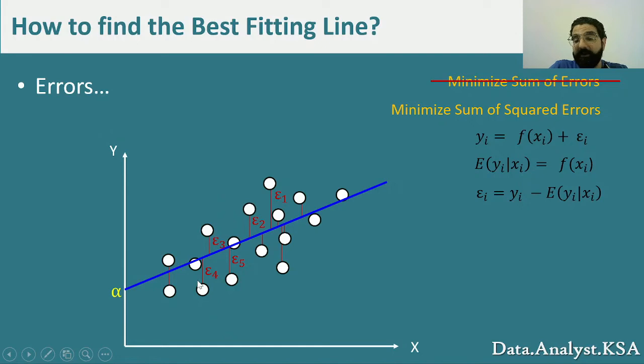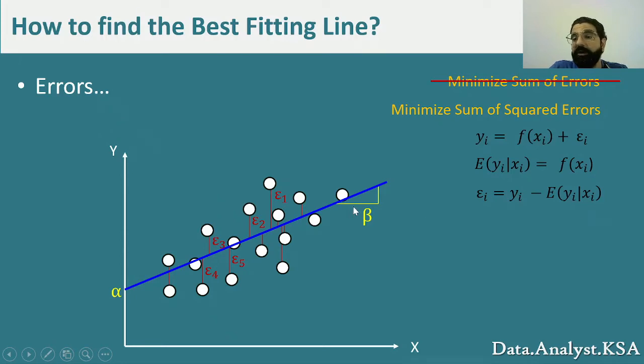And now if I want to talk about the equation of a line, we know that the line has an intercept. The intercept is the value when your x is 0. So at x equals 0 there's an intercept, and there's a slope, which we call here beta. With the intercept of alpha and the slope of beta, I can represent the equation of any line in the world.